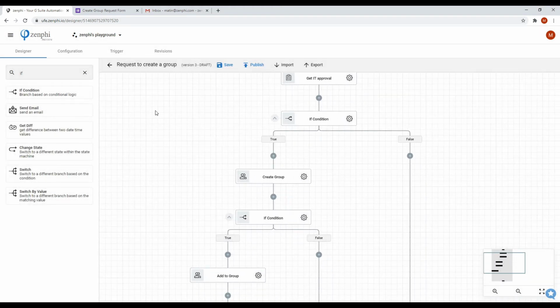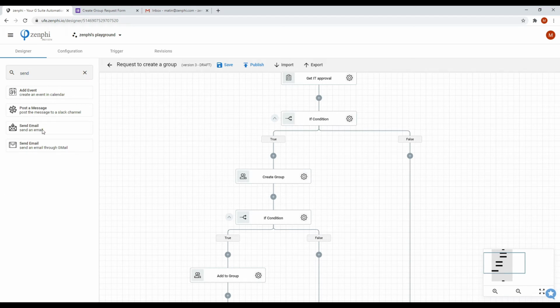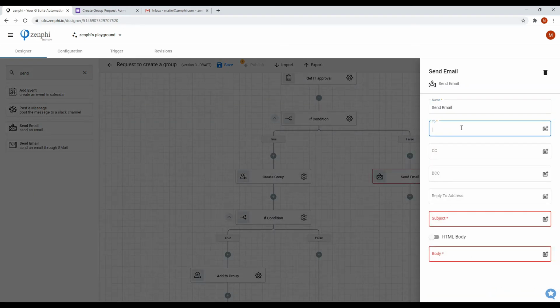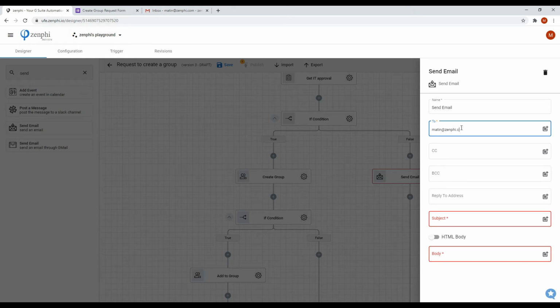Great, so now we should send an email to notify them if it's rejected. So let's drag a send an email action into the false branch. I'm going to send this email to the person submitting the form. However, again, I'm just going to set it to myself. The subject should be your request was rejected,